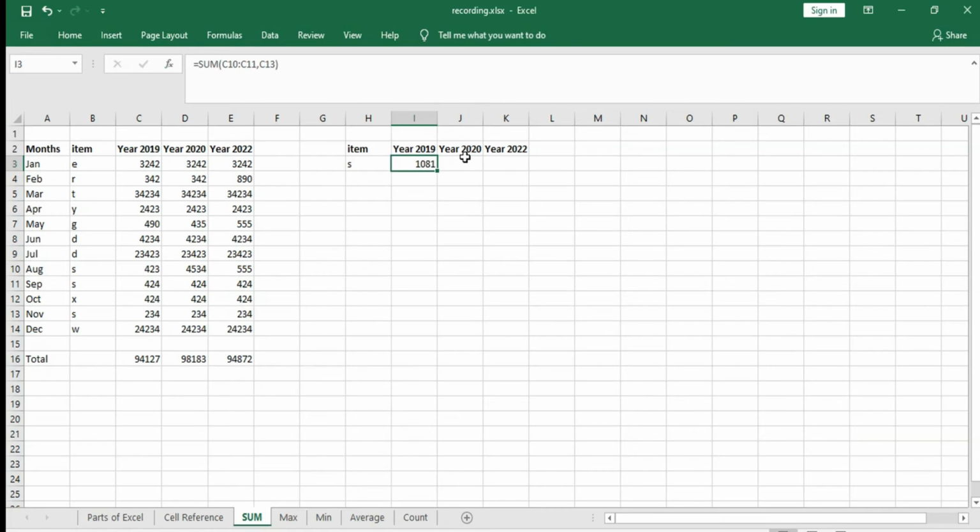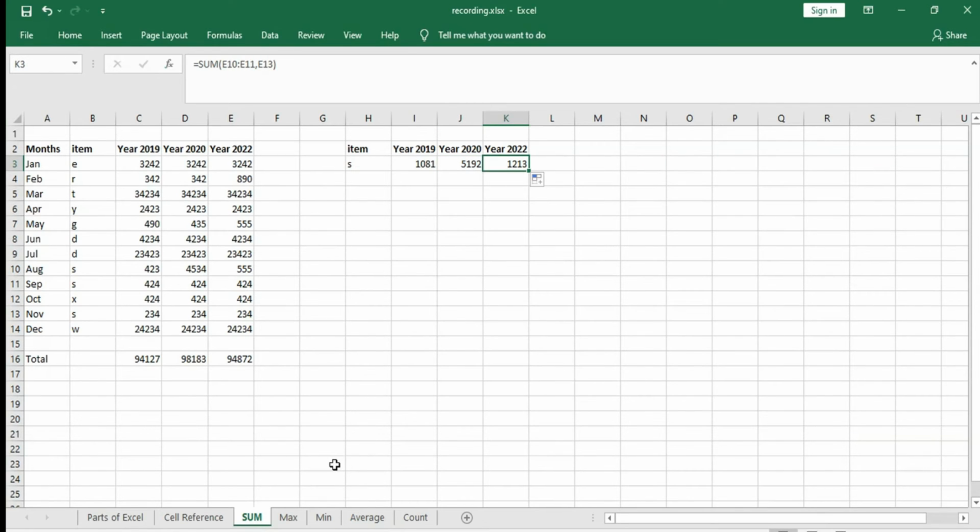For example, for 2020, you can apply the same formula or copy it by dragging the fill handle. This is your fill handle and we have copied the formula. Here we are using cell references, so the formula is also changing. Here the formula was C10, here it is D10 and here E10, accordingly.